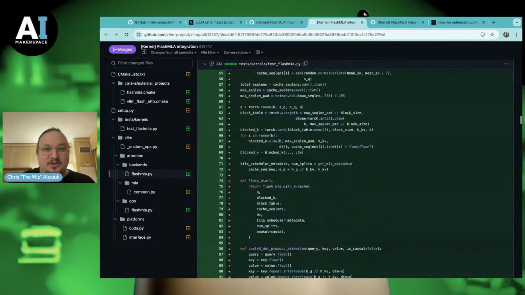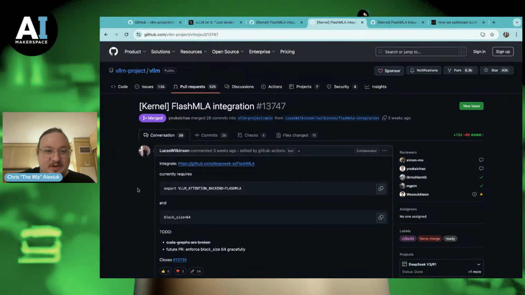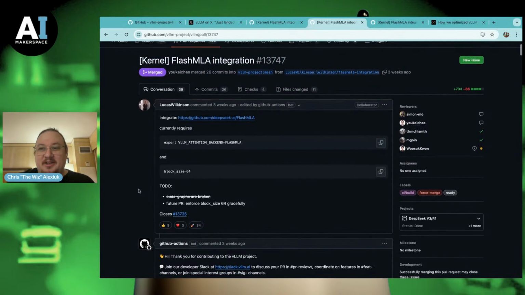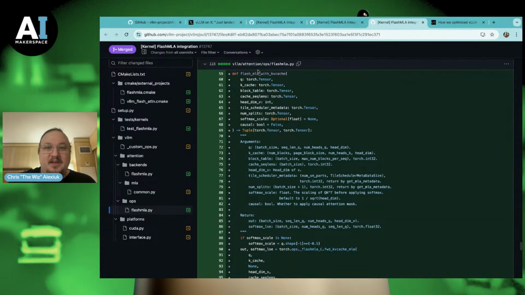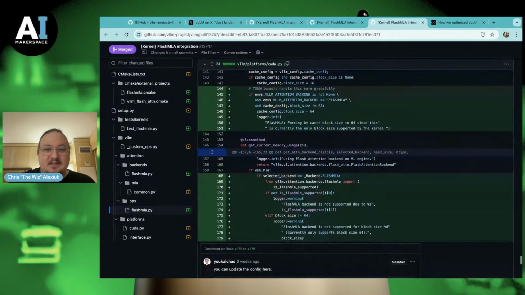If we look at the actual commit and see how many lines of code are involved, it's very small, right? We're talking about 733 lines of code total that changed to get up to 15% increased throughput, and that's just from one of the changes. You can see here that we have the actual implementation, which is going to be our FlashMLA with KV cache. The idea is it's fast.